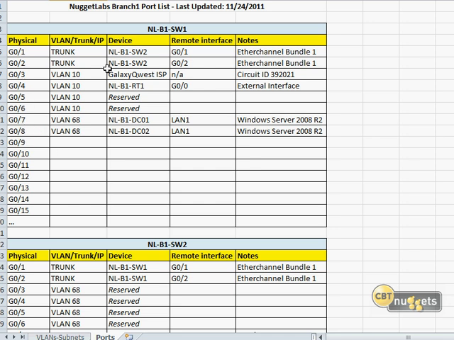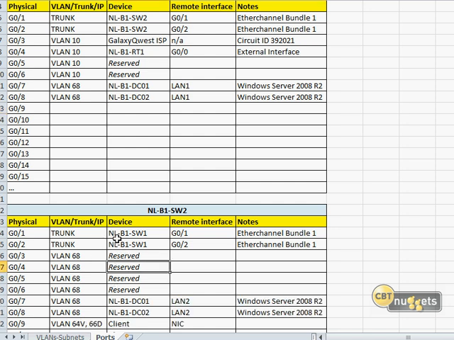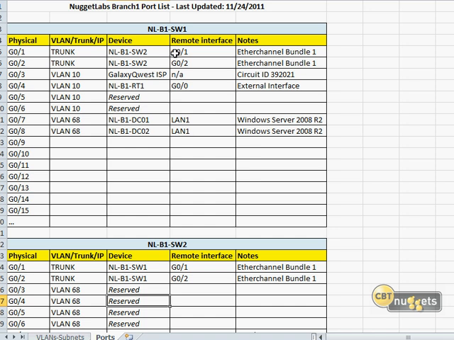Now, for instance, I'm looking at this is switch 1 right here. Branch 1, switch 1. If these are all connected to clients, what I would do is just type in client. If there's nothing in them, put nothing. Unless you have a reserved port or something you want to make sure that nobody uses, you can have that too. So this is our switch 1,